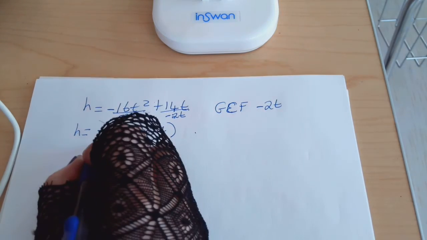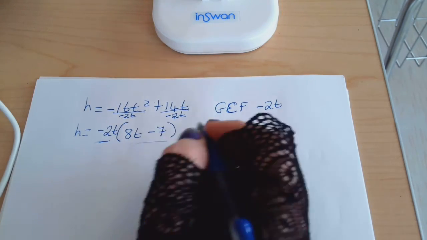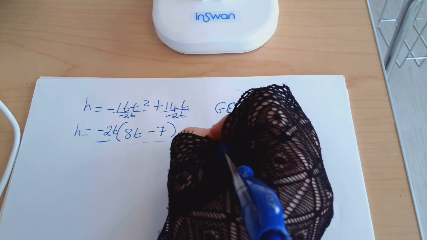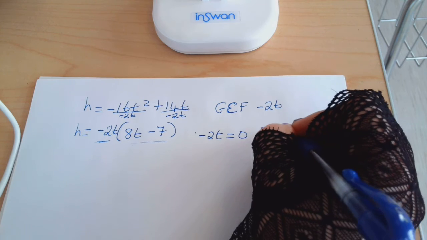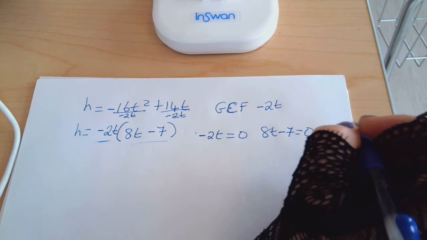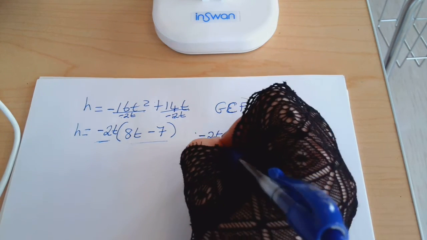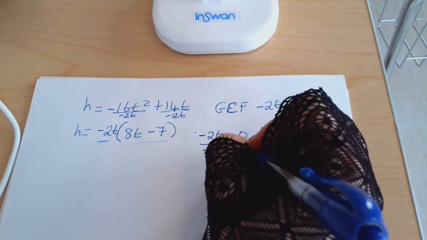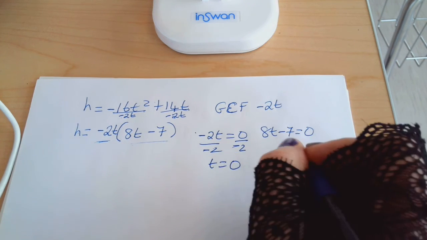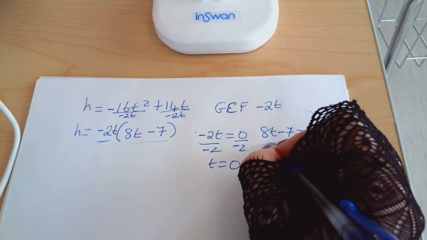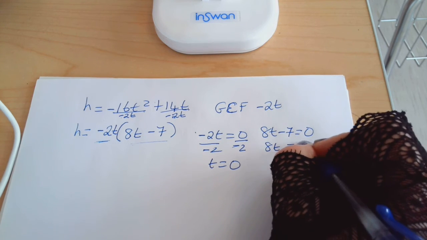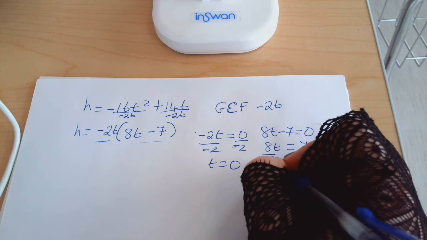So now this is my A and this is my B. So negative 2t equals 0, and 8t minus 7 equals 0. Okay? Divide by negative 2, and anything divided into 0 is just 0. And then here, 8t equals 7. Divide by 8,